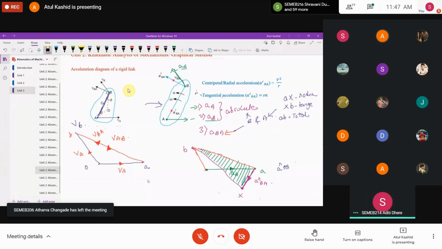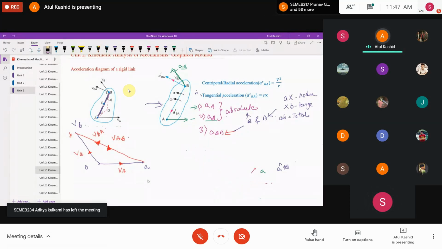Okay. Now everybody please concentrate. 100% concentration is required. I will again draw the acceleration diagram. I will take a point O now, right? Now this is my acceleration A. The direction is already given in the question, so no worry about the acceleration of point A. For B also direction is given, so there is no worry about B also. So we'll quickly draw these two directions in our acceleration diagram.